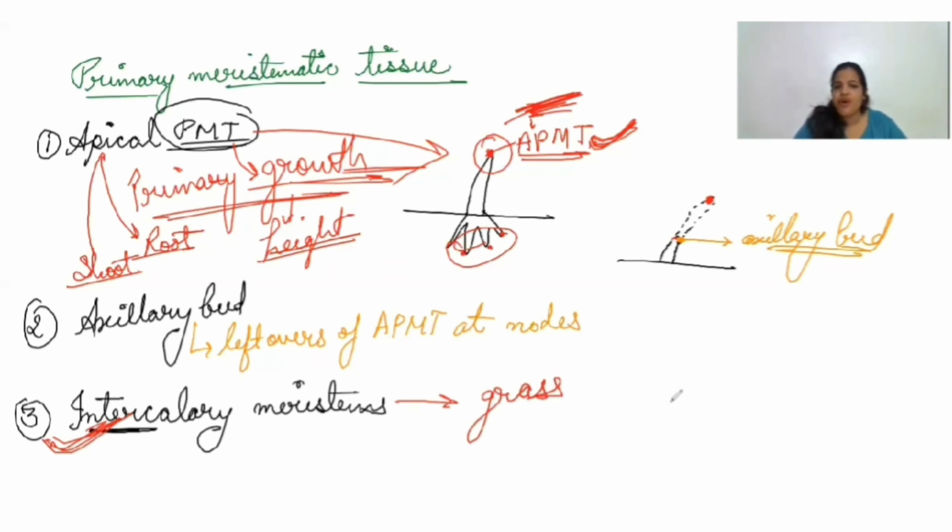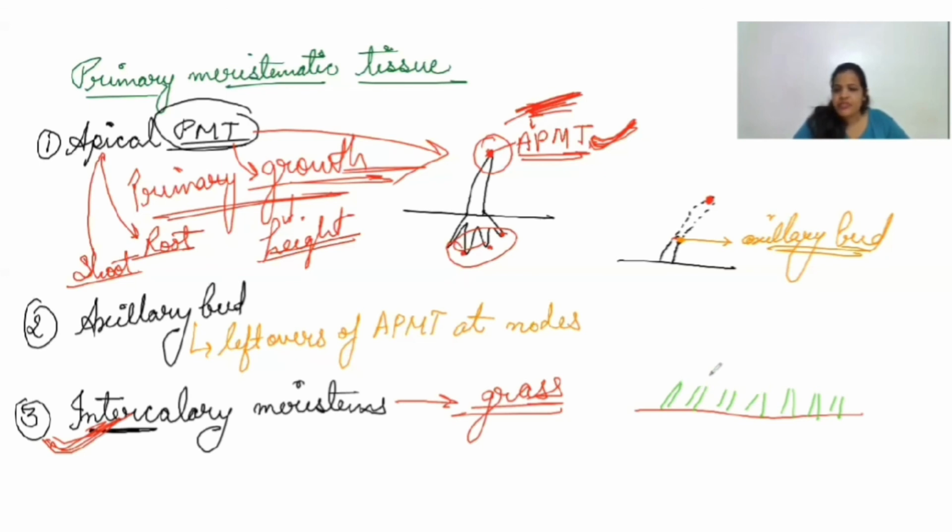The grasses have got intercalary meristems. Let me tell you how they are helping the grasses, why they are present in them. This is the ground, and let me draw the grasses with green color. It will give some feelings of the grasses, even though it's not that beautiful. Now, these are the grasses. Let's say some herbivore comes and it just eats off the topmost part of the grass. It is eating the topmost part of the grass like this. It is removed. The topmost part of the grass is removed.